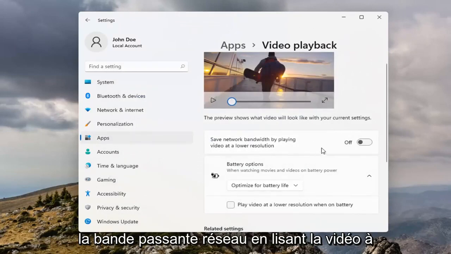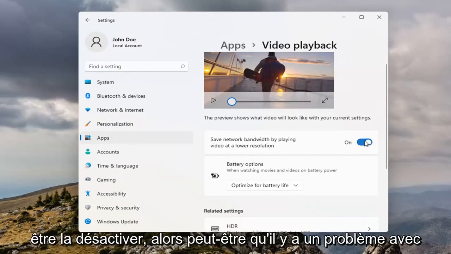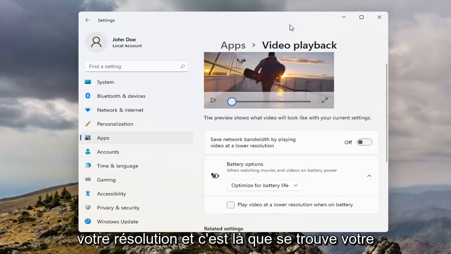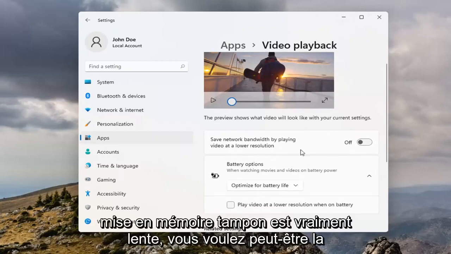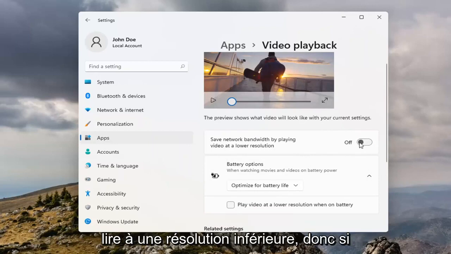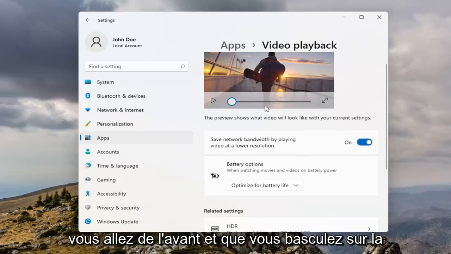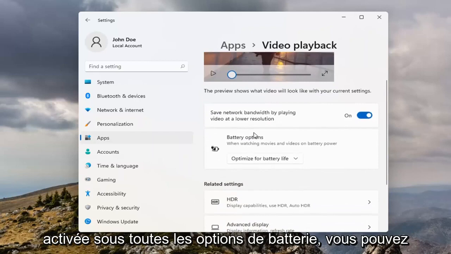So if it says save network bandwidth by playing video at lower resolution, if that's turned on, you may want to turn it off. So maybe there is an issue with your resolution and that's what your playback problem is. However, also if you're noticing it's buffering really slow, maybe you do want to play it at a lower resolution. So if you go ahead and toggle that to the on position, and then underneath battery options, you can